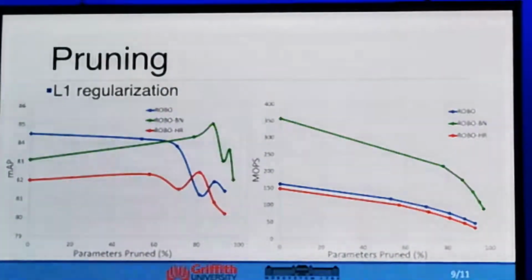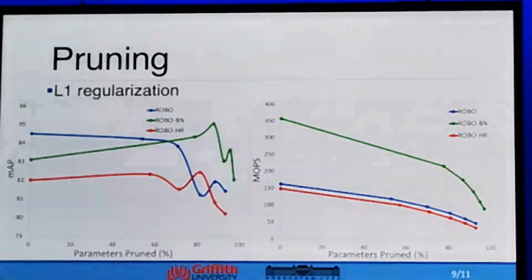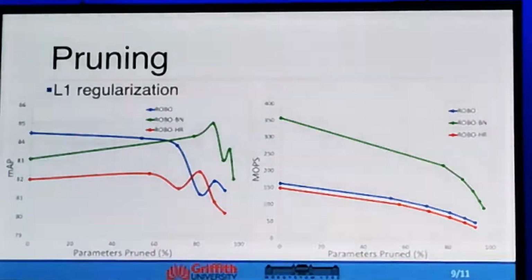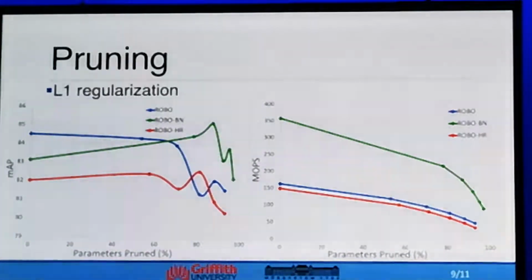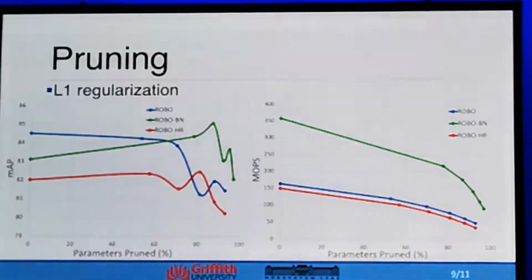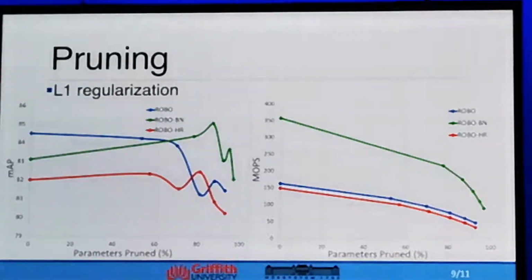Another thing that we did during training is that we pruned the network, which means setting the insignificant weights to 0 so that you could skip the computation and therefore speed up the network. And instead of pruning after the fine-tuning step, we were using L1 regularization, which naturally results in a sparse weight matrix. So during training, by setting the regularization weights, we could get several different models with a certain ratio of